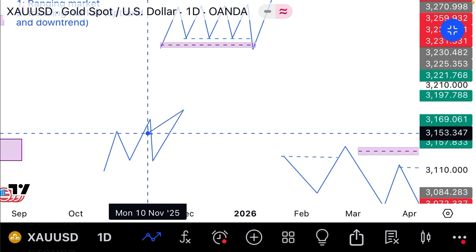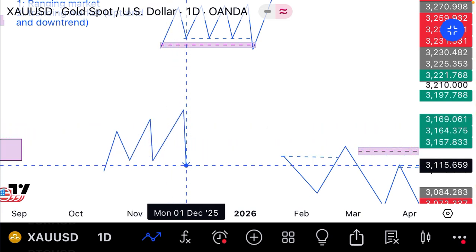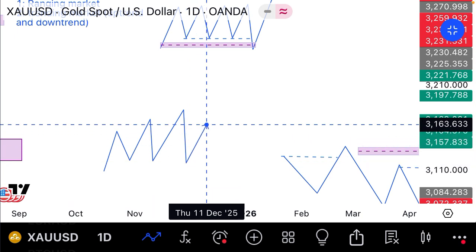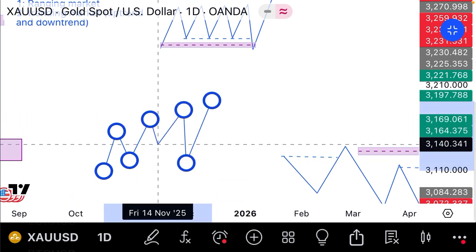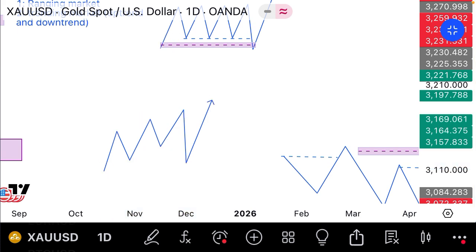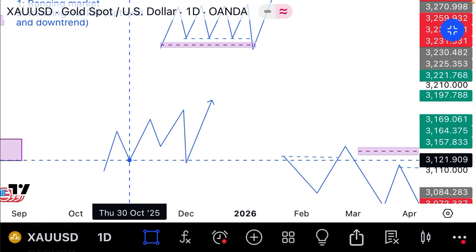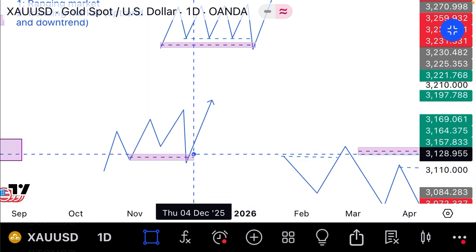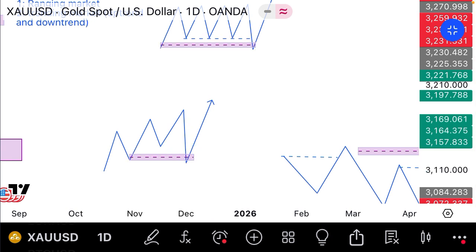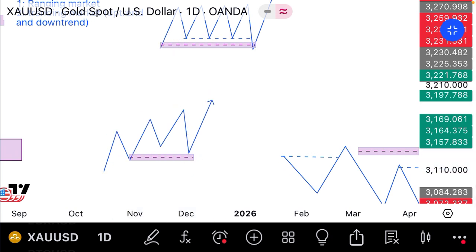Price might still cause another break of structure and then come to your POI and buy. So eventually this is what you should be expecting in the market, something like this, because this is the basic. This one is the advanced market structure, not basic, please. You expect price to do something like this,